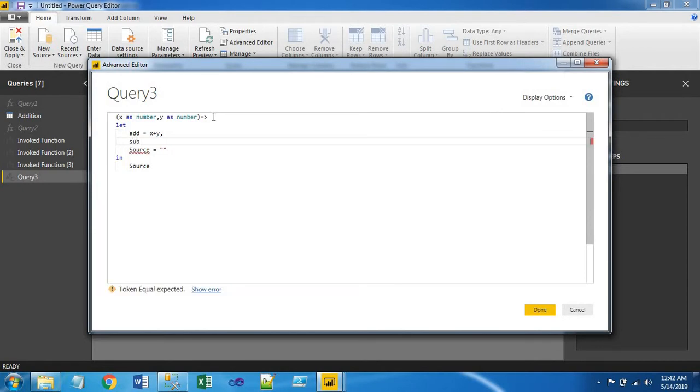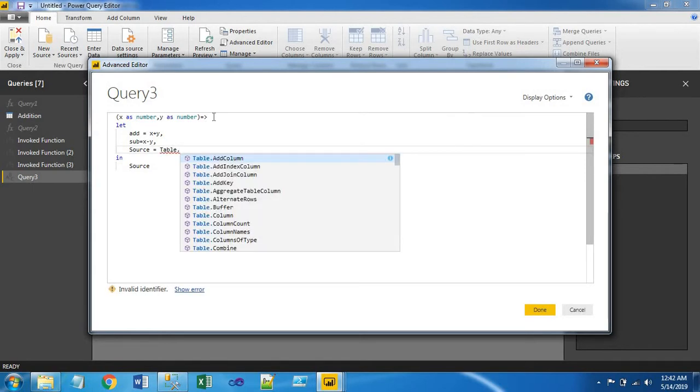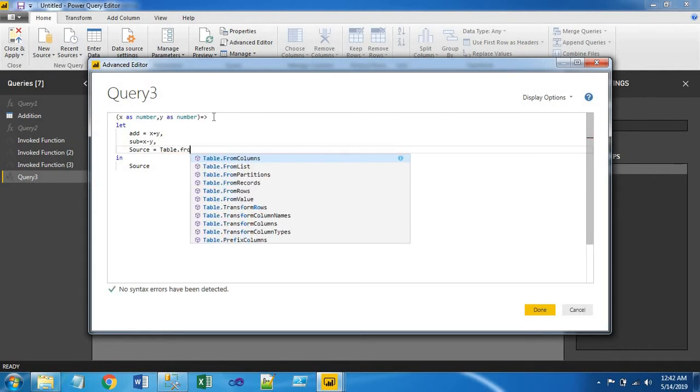Let's say subtraction equal to x minus y. Now here we are going to return this as a table object. So say Table.FromRows,